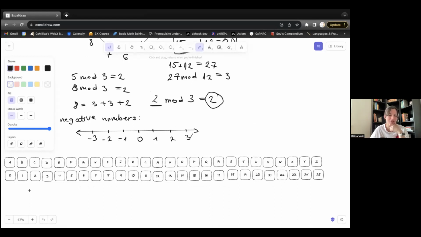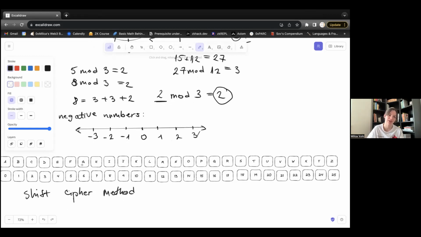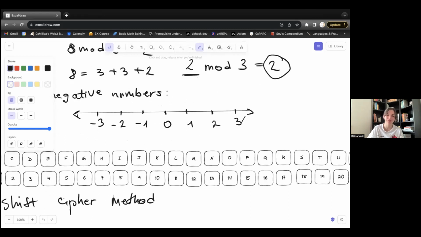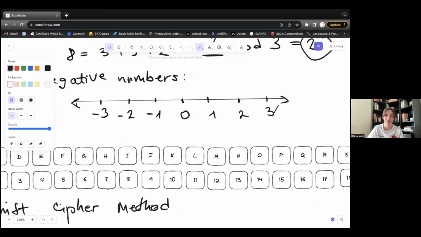Where is the application of modulus? So in cryptography, we have the shift cipher method. This is one of the oldest methods in cryptography. We're actually assigning other numbers. You should see that every letter of the alphabet has some assigned number. And then we do assign